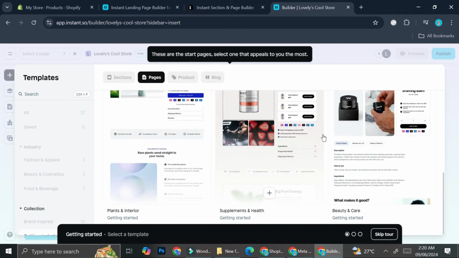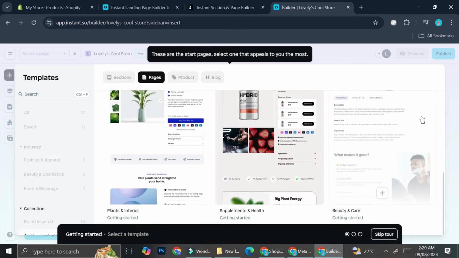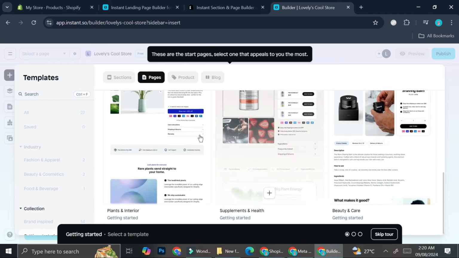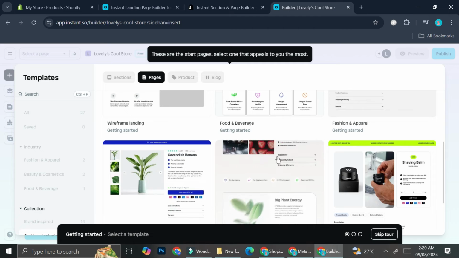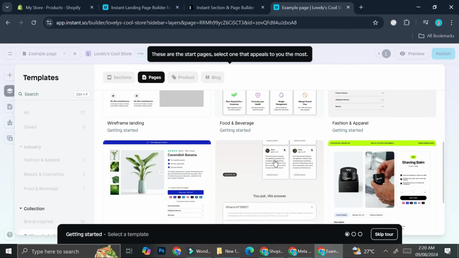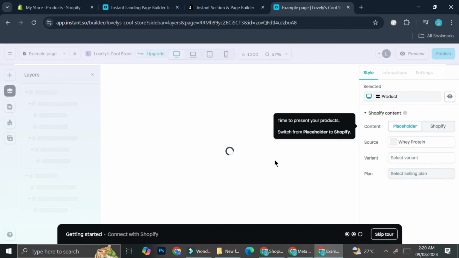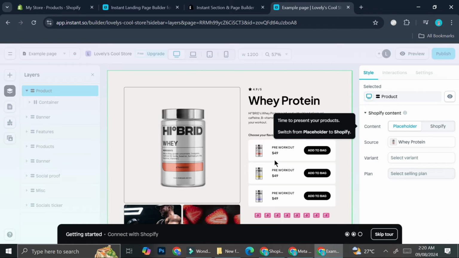And as you can see, they have a bunch of templates that we can use in order to spice things up with our product page. So let's say that this is the one that I want to use. I can just go ahead and click on this one. And it's going to bring us into this editor right here, where we can see how it will look like